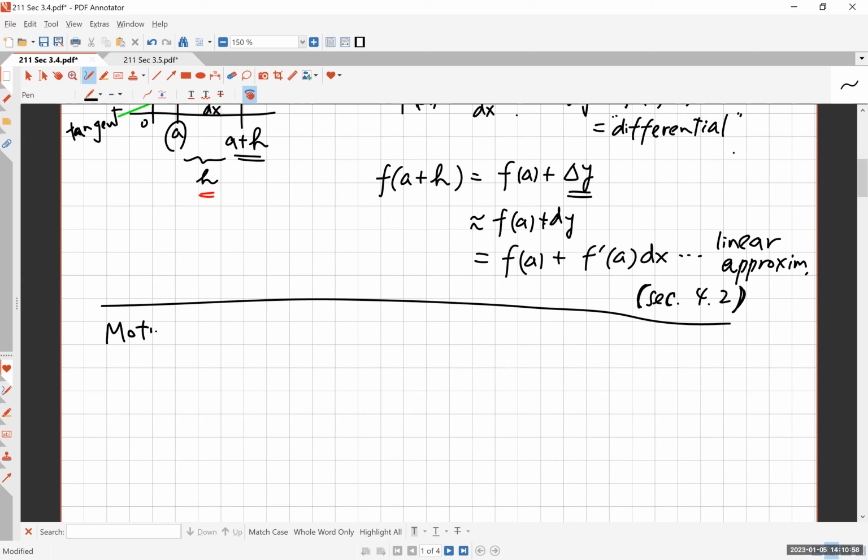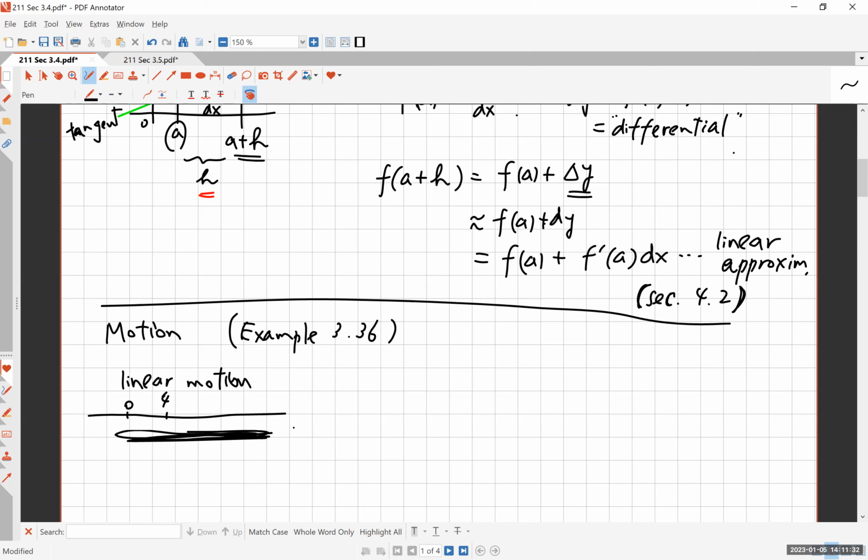All right, back to our motion illustration. And this is, by the way, an example in the book. What we are given is this linear motion, which means some object is moving back and forth on this line. And you have 0 and 4, which turns out to be an important point here. You will see why in a moment. An object is moving back and forth, maybe changing directions a few times. And that position